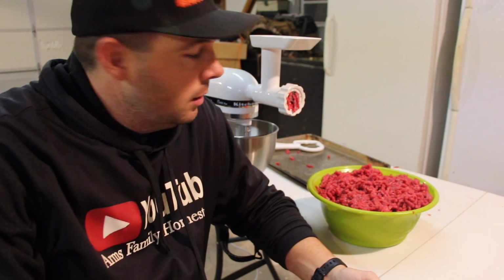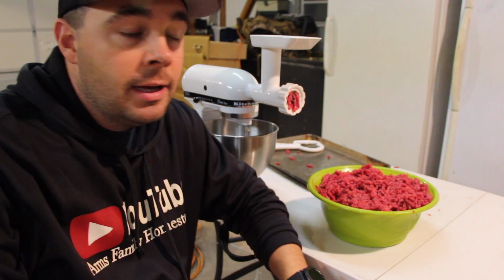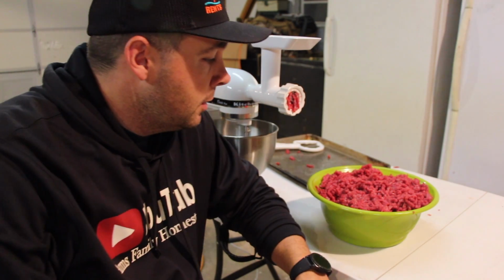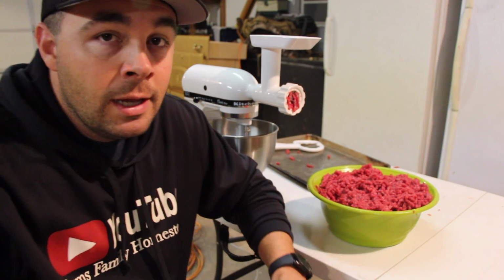So as you can see, that little KitchenAid meat grinder works great. If you've already got a KitchenAid stand mixer at your house, spend the 30 bucks on the meat grinder attachment. I think typically it's like $64, but I looked on Amazon today and I think it was 32 bucks. It's hard to beat. It does a great job, as long as, like I said, it's very important that you